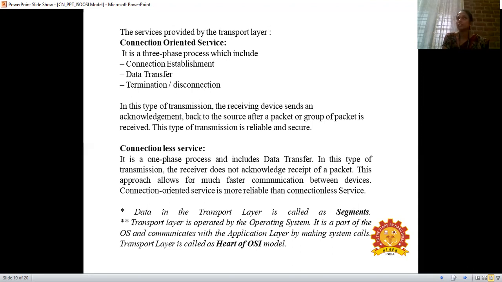We know connection-oriented service is always reliable, but we can cover only shorter distances. With connectionless service, we can cover longer distances. In connection-oriented service, we need infrastructure, but in connectionless service, we don't need any infrastructure. But even though it needs infrastructure, connection-oriented is very reliable and secure.